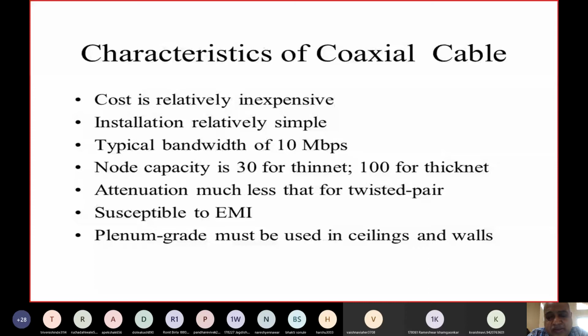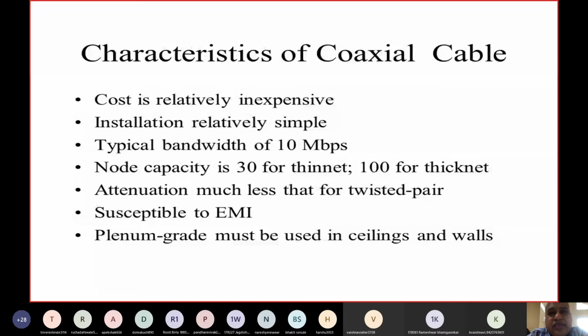If you see the coaxial cable, earlier when networks existed, most of the countries were either connected with satellites or wireless networks, or when it comes to wired networks, you will find most of the countries still have this coaxial cable laid inside the seas, and through this coaxial cable even today most of the networks are going on. Now slowly this is being replaced with optical fiber cable, but it still exists, and if the thickness of this is increased, then obviously the data carrying capacity of this cable is increased.